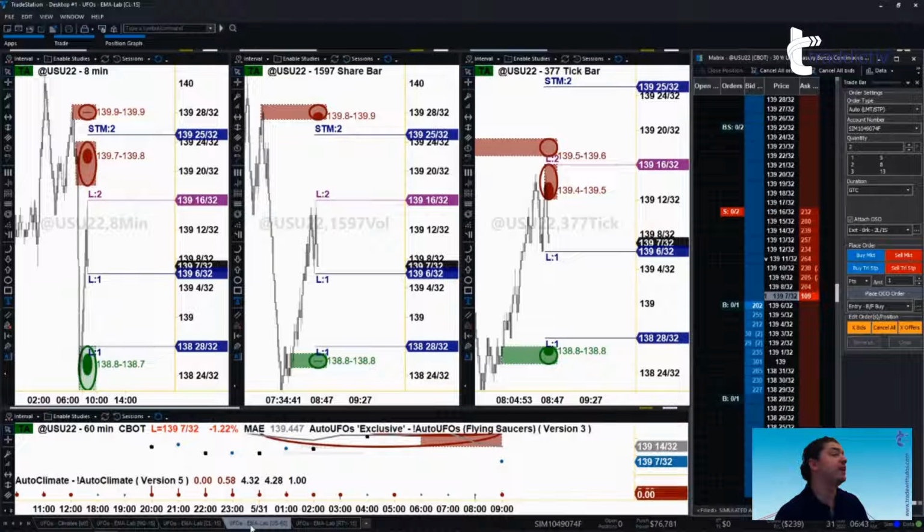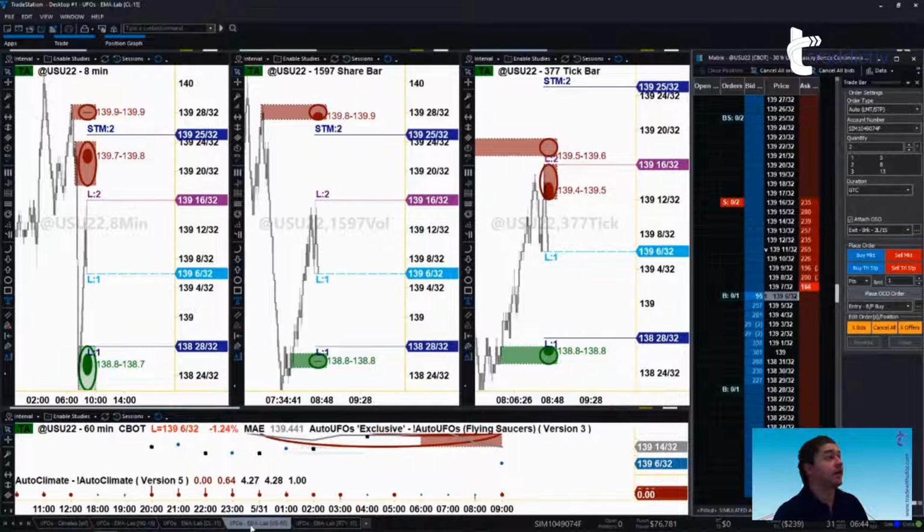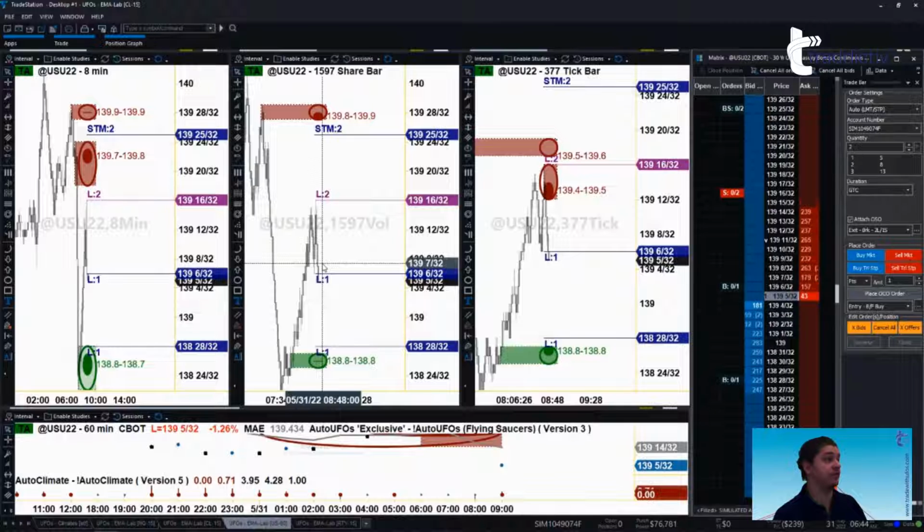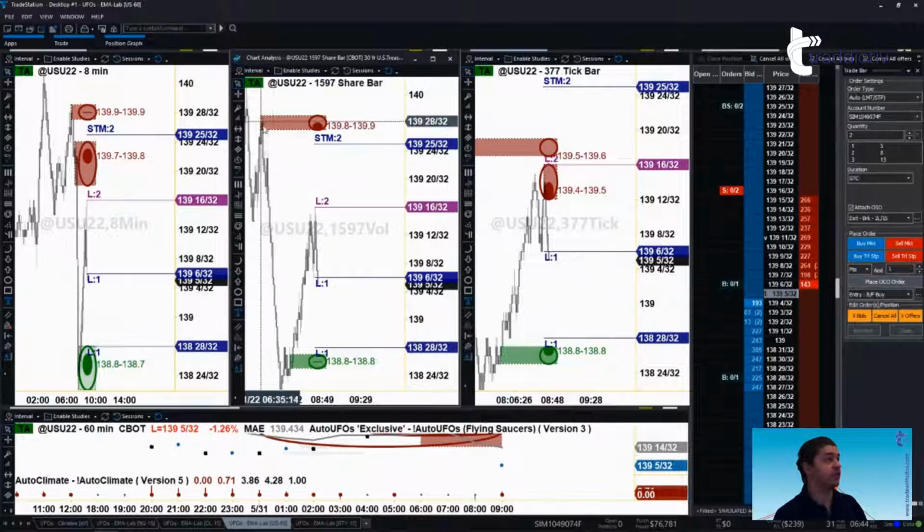I can't believe it. I mean, it's not a guarantee that you would have gotten filled on this one. Don't get me wrong, right? But if you were one of the ones to put your trade there, you could have gotten filled, and you might have even gotten filled on your T1 on this. Yep, definitely would have gotten filled on your T1 right now. I canceled it because once I saw it push down that far, I was just like, yeah, I'm not seeing this come back. With a move like this, you're not gonna see this come down to you that quickly. And this one just went down, popped back up, and is going down again. So it is what it is.